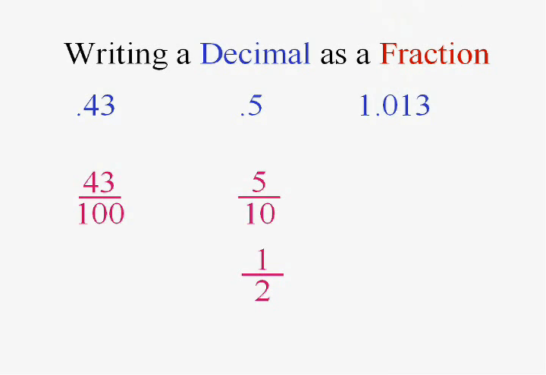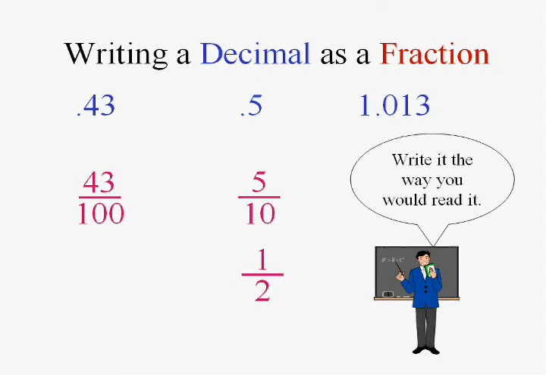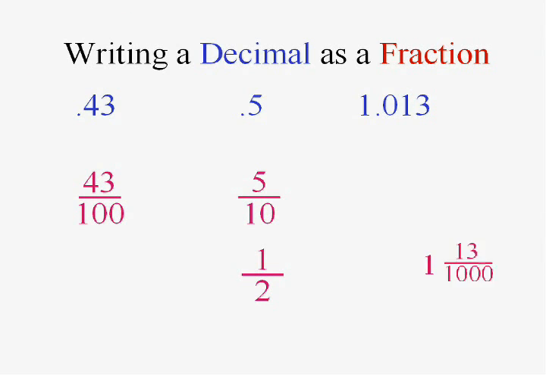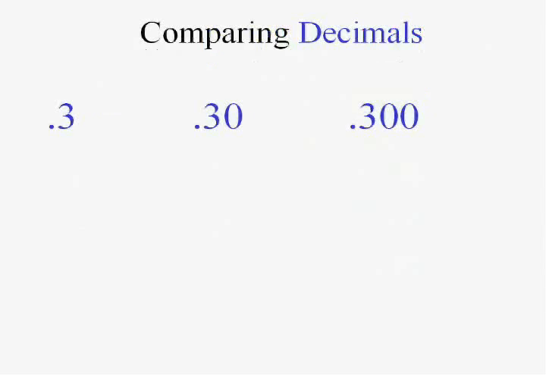This one, we'll just say it. And remember, we're going to use the rightmost digit value. So we'll say 1 and 13 1,000ths. Not so bad. Now if you want to compare decimals,